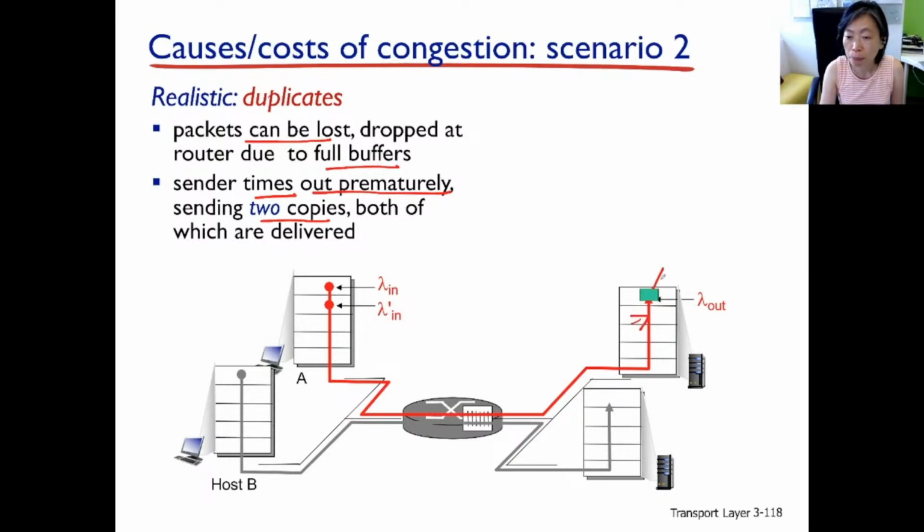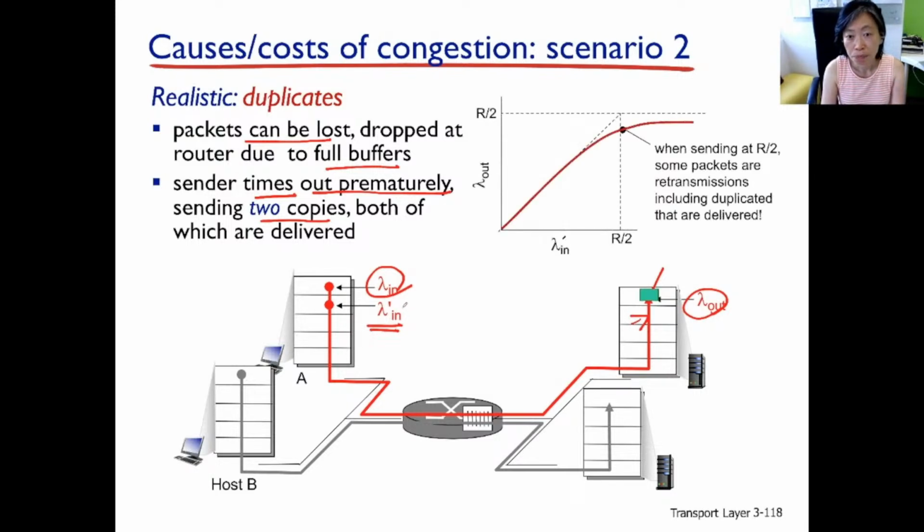While only one copy of it will be arriving at the application layer. So lambda out remains the same as lambda in, but we see here the lambda in prime is going to be higher than the lambda in prime in the previous assumption, where we do not assume the timer can go out prematurely. So the performance of lambda out here, as lambda in prime increases, is going to go slightly worse. The margin here is going to be bigger because, what? Lambda in prime here, we need to take into account the retransmissions.